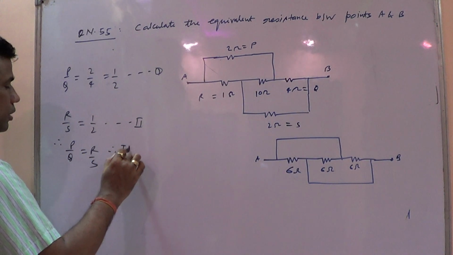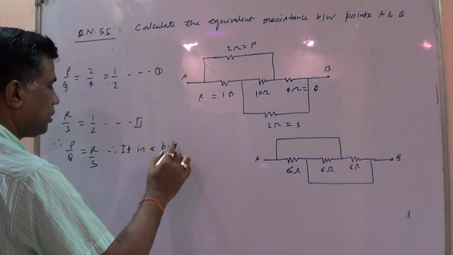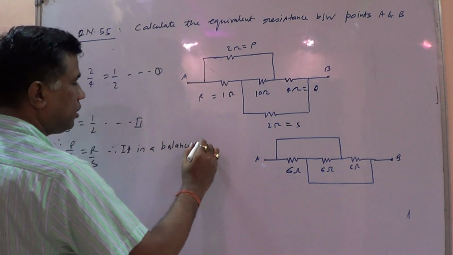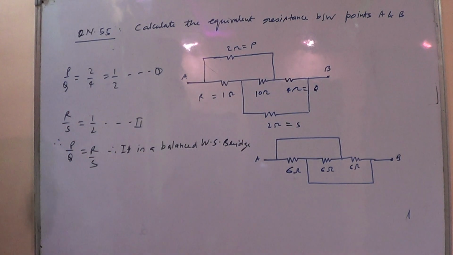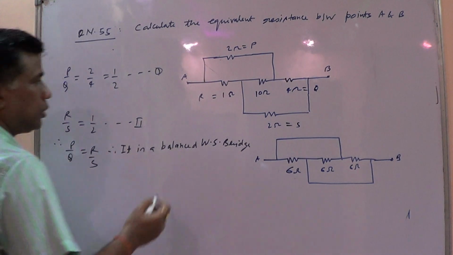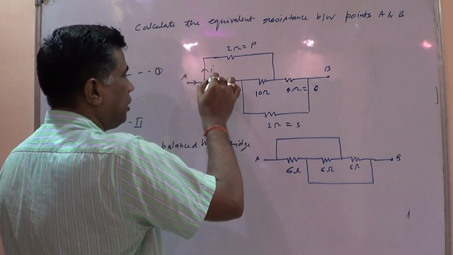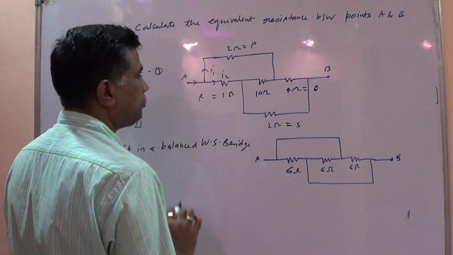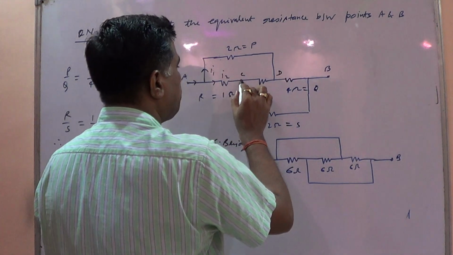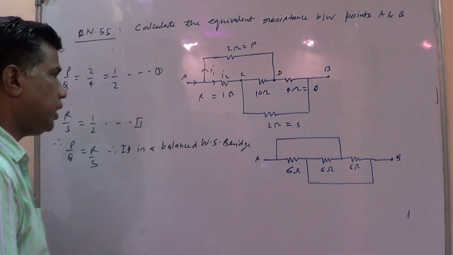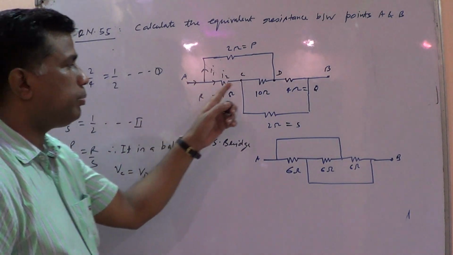it is a balanced Wheatstone bridge. It is a balanced Wheatstone bridge. So if some current I is passing through, it will divide in two parts, I1 and I2. Let this point be C, this point be D. In balanced condition, the potential of point C will be equal to the potential of point D. So potential of point C equals potential of point D, and no current will pass through this 10 ohm